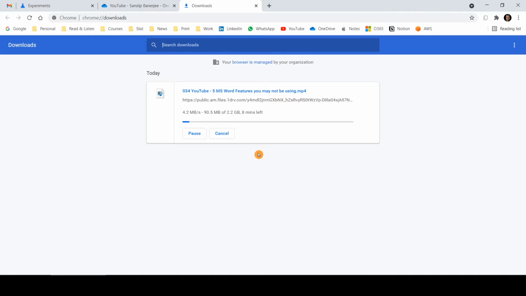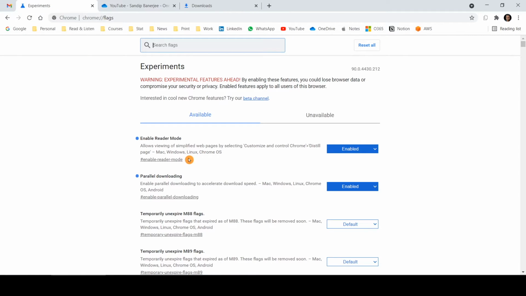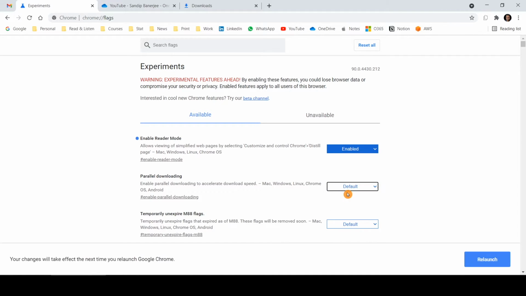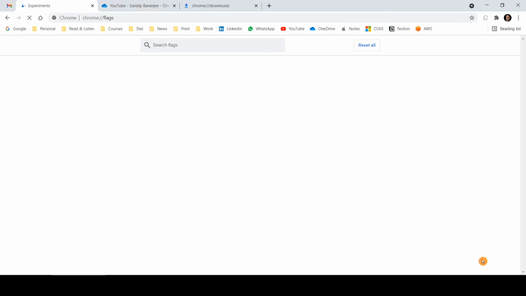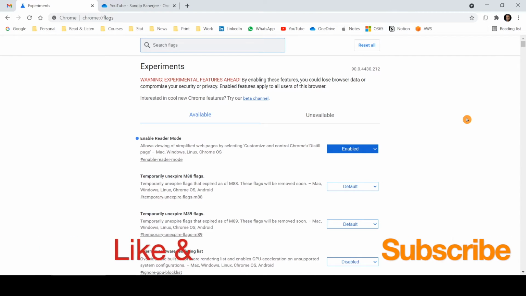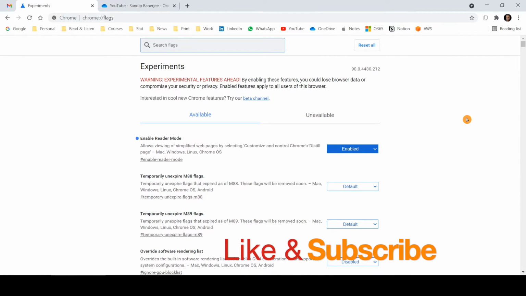Now if I cancel this download and go to this flags page again and disable this option by clicking default, it will relaunch again. Once it relaunches, I'll try to download the same file and let's see how much speed we are getting. As you can see, currently this feature is not enabled.